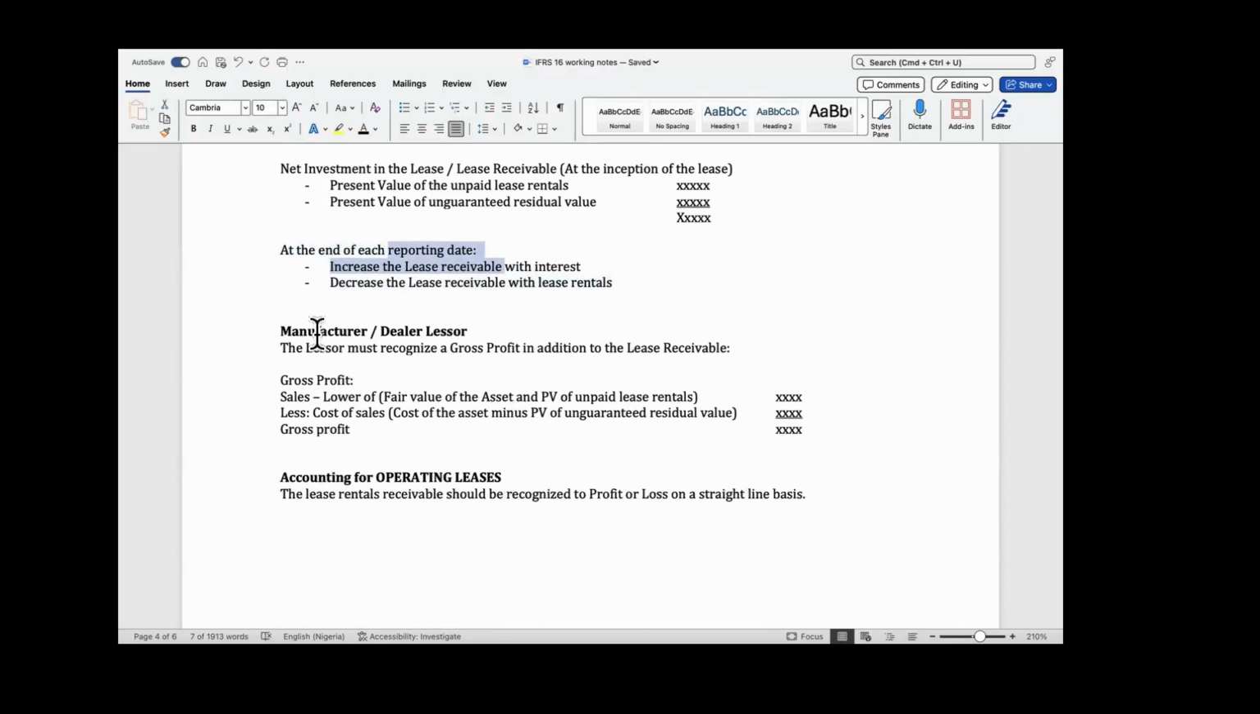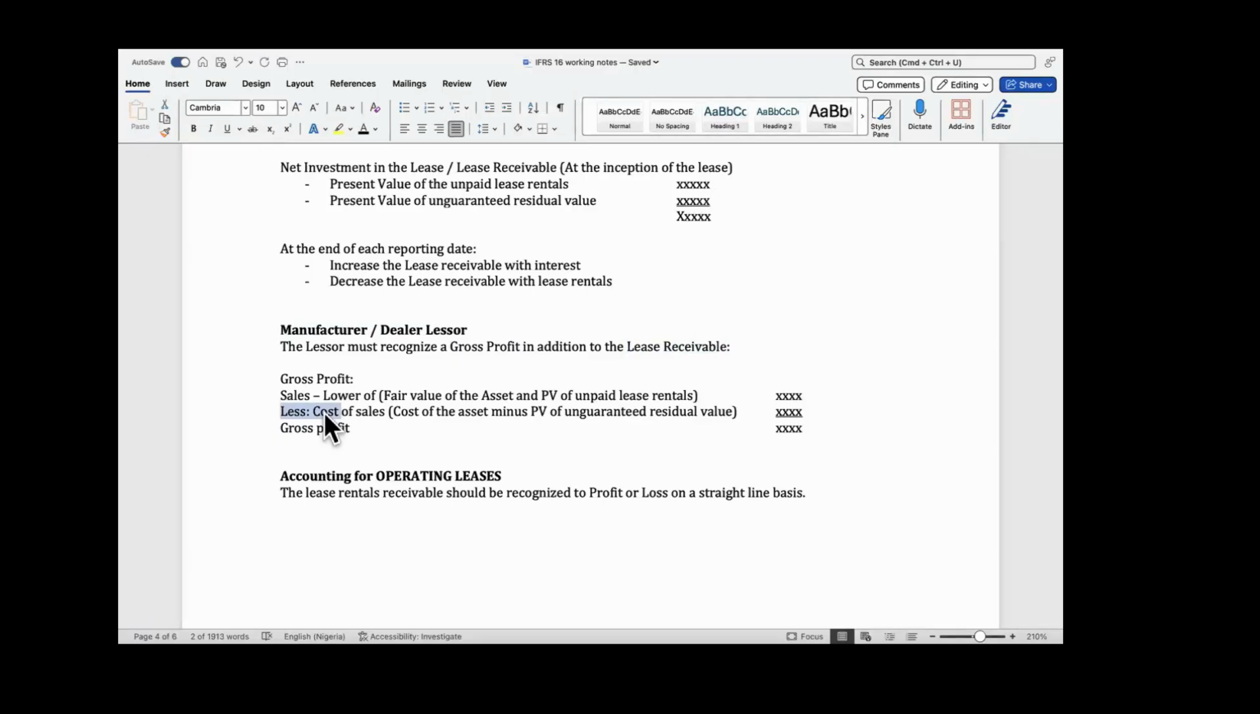Finally, is where the lessor is a manufacturer or a dealer of that item. We said that it needs to recognize a gross profit in addition to the lease receivable it recognizes in its books. And this is because he's a manufacturer or a dealer. And since that is what you sell, and a finance lease is just similar to having sold the asset, then make sure you recognize sales and cost of sales,